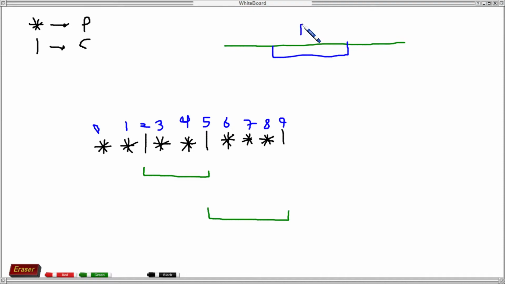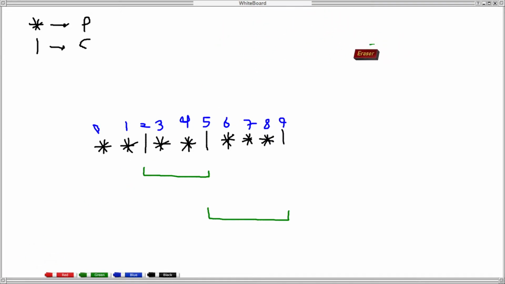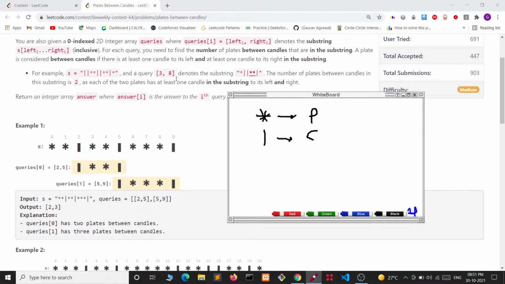For a plate to be between candles, it should have a candle on its right and a candle on its left. Then only the plate will be between two candles. So we need to tell the count of plates which are between the candles.